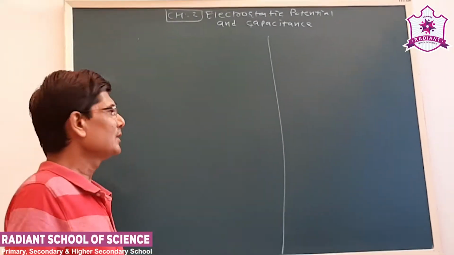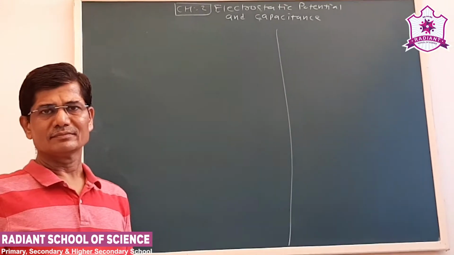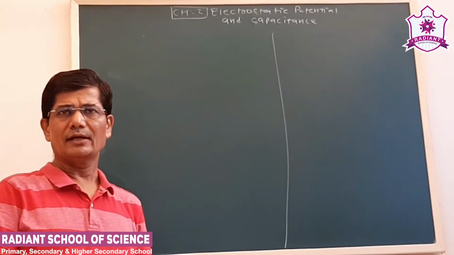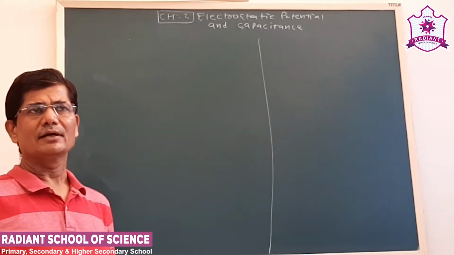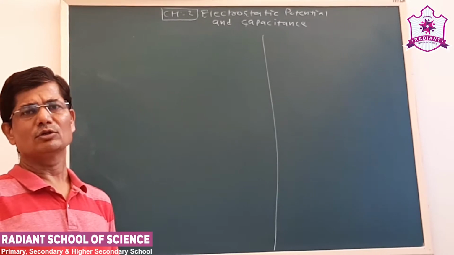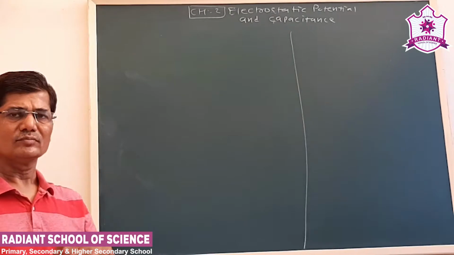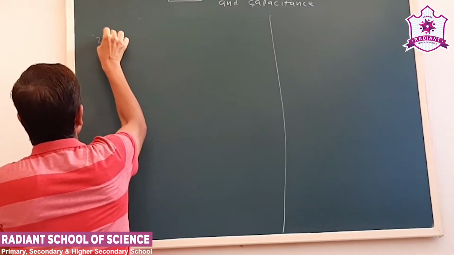Dear friends, last time we saw what is electric potential. We also derived the equation for the potential due to a point charge, and the equation of potential due to an electric dipole. Initially we started with only one point charge. Now we have to proceed further: we have to derive electric potential due to a system of point charges. So that will be our next question. It can be asked in 2 marks like this.